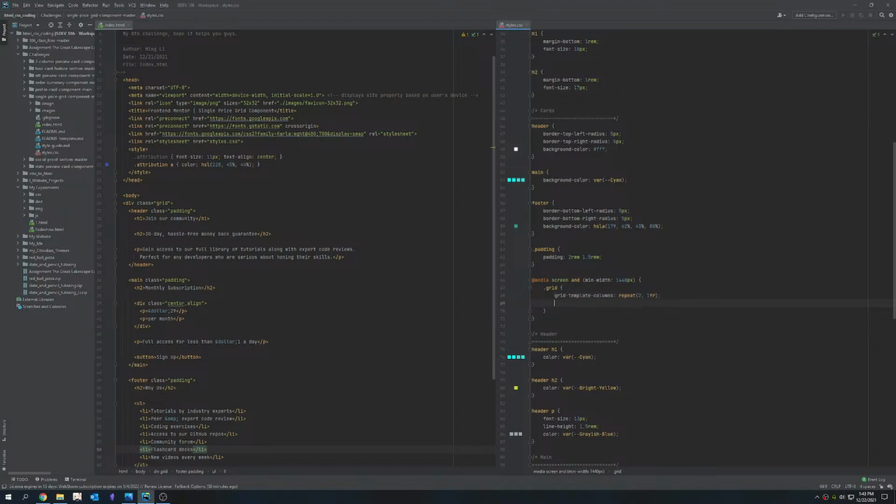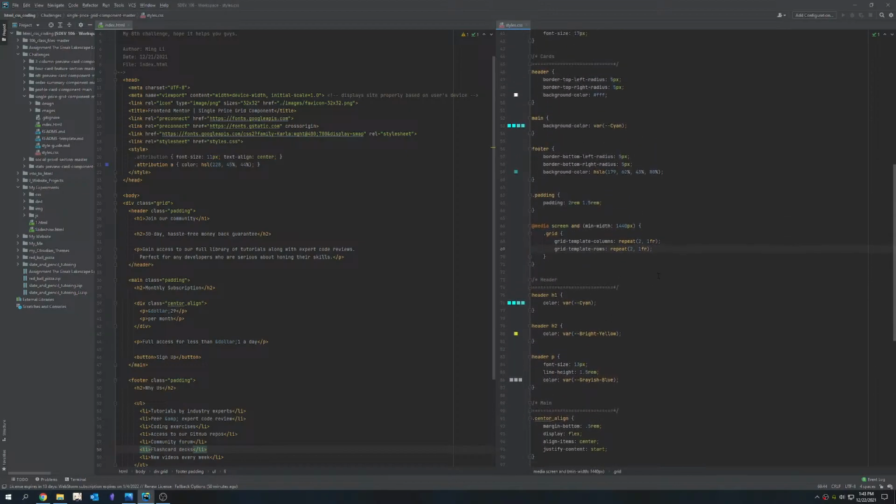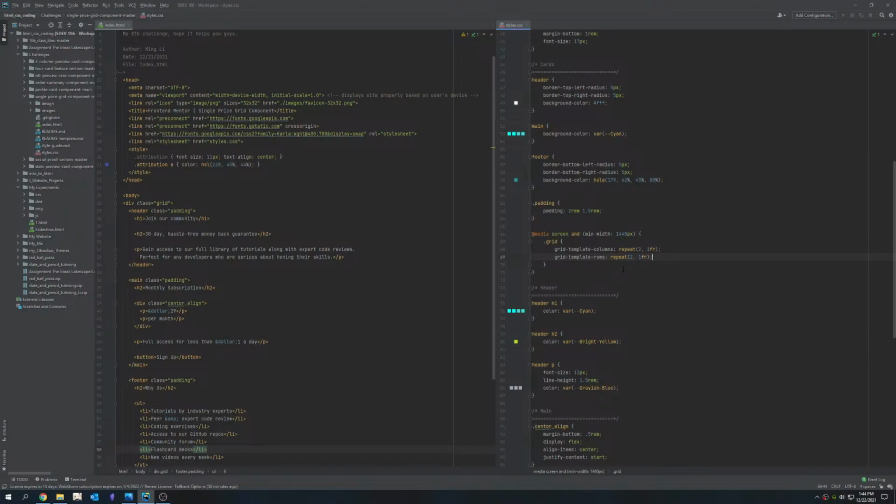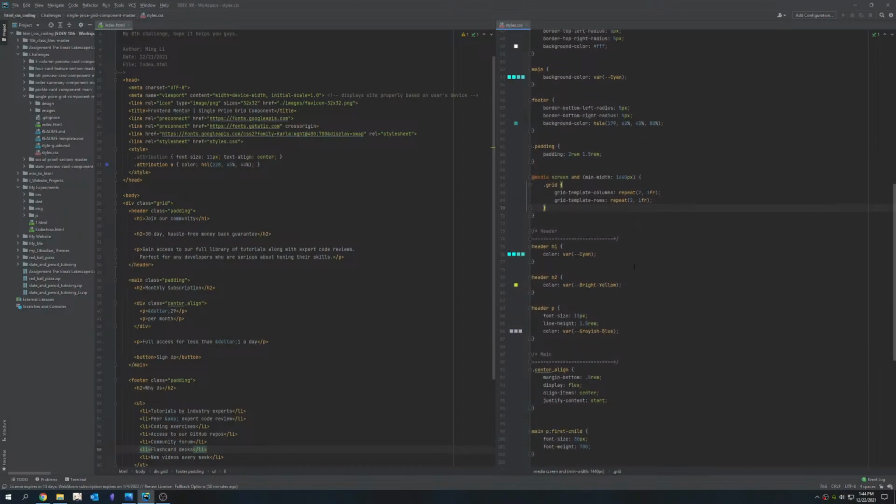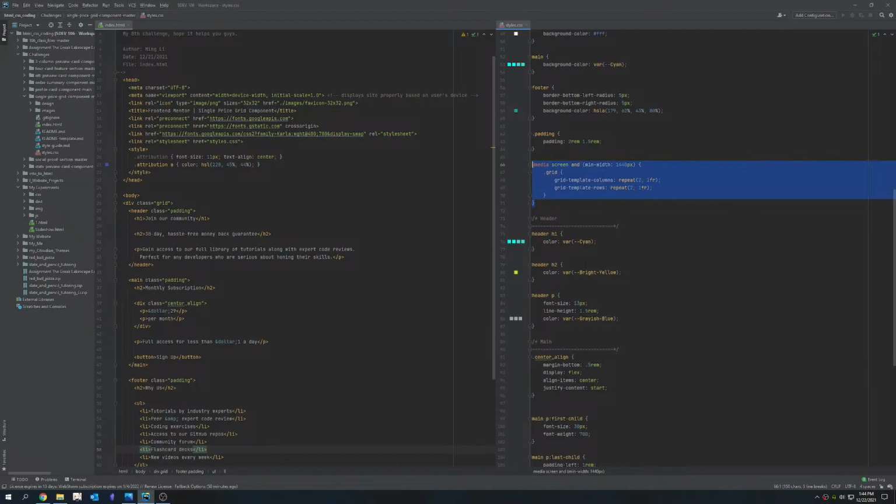And then we will also give a grid template rows and give them a repeat of 2 of one fraction. So there is 2 rows maximum. Something like that. And then we will be giving each of them a grid component. Or I don't think component was the right word for this, but